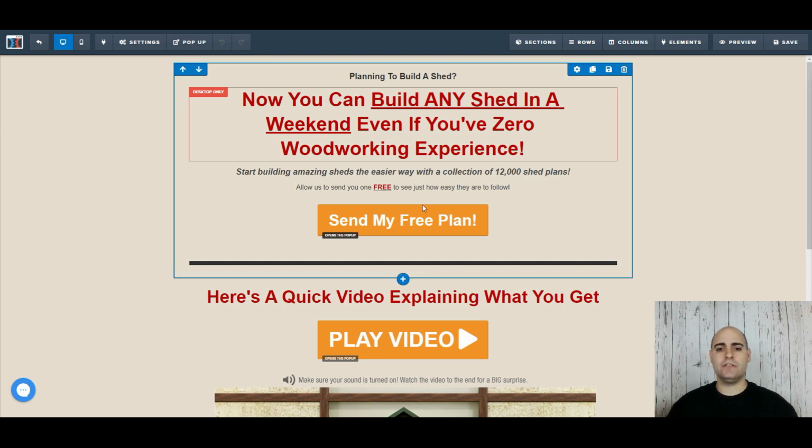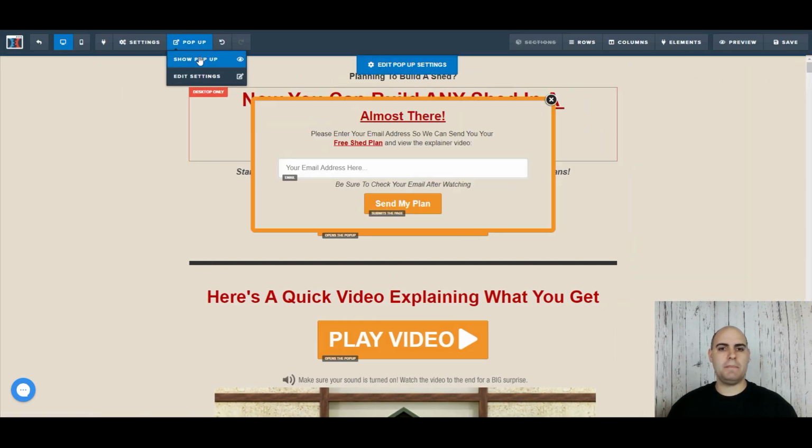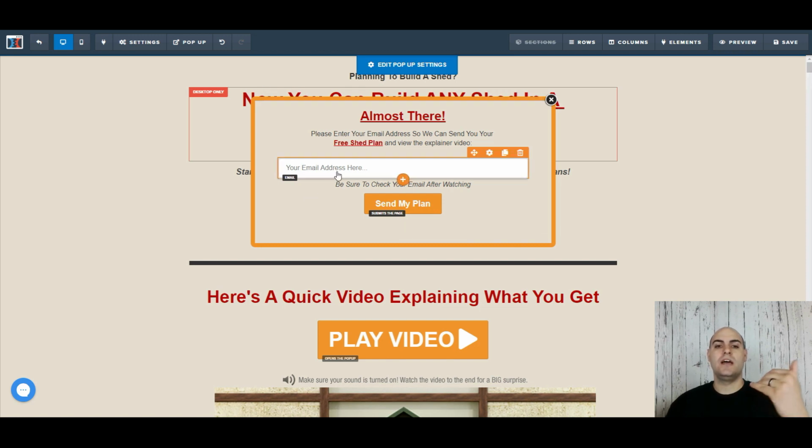So I've built this here, and if someone clicks send me my plan, it'll actually bring up the pop-up. I'm actually offering 150 free shed plans to someone to give them a taste and then entice them to actually go and buy. But more importantly, I want to collect their email address so that I can remarket to them